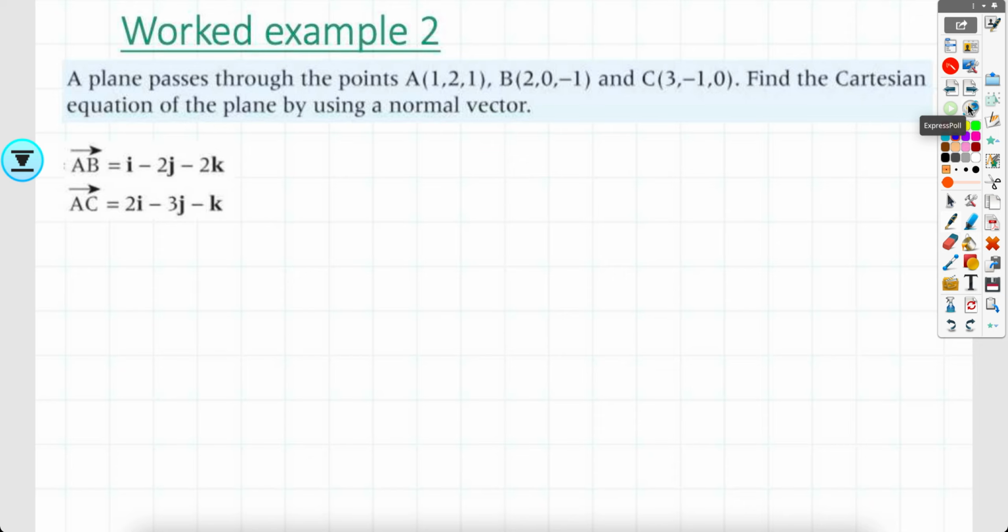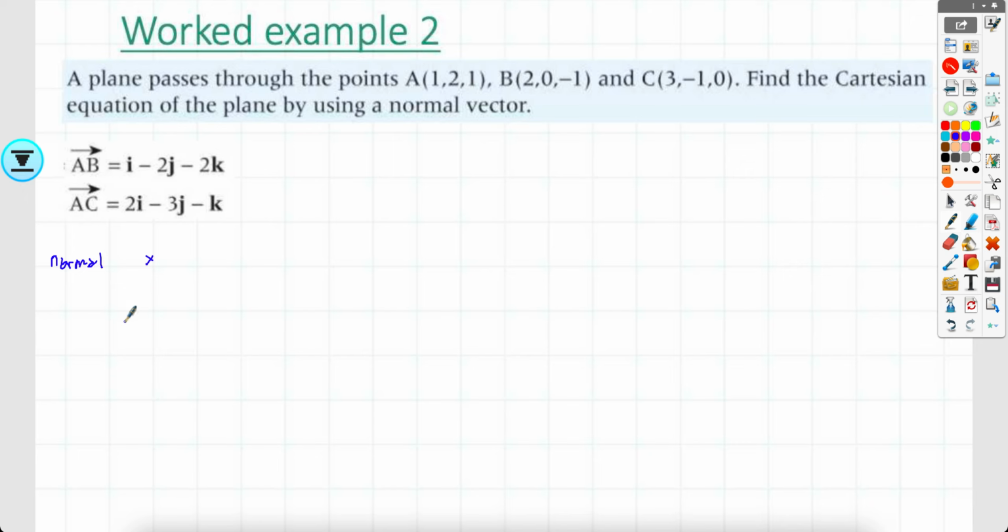So let's try it with this. It's the same numbers as the previous question. This example 1, a plane passes through these points. I want the Cartesian equation using the normal vector. So they're clarifying that for you. We won't go through finding vector A and B. We've already done that, but this is what I mean by when you're given 3 initial points, find the direction vector, and then I need to find the normal